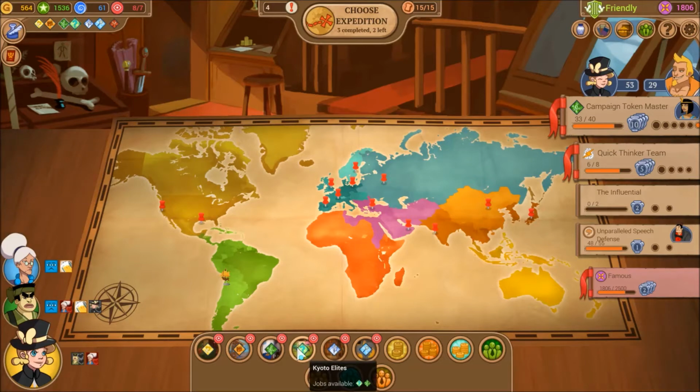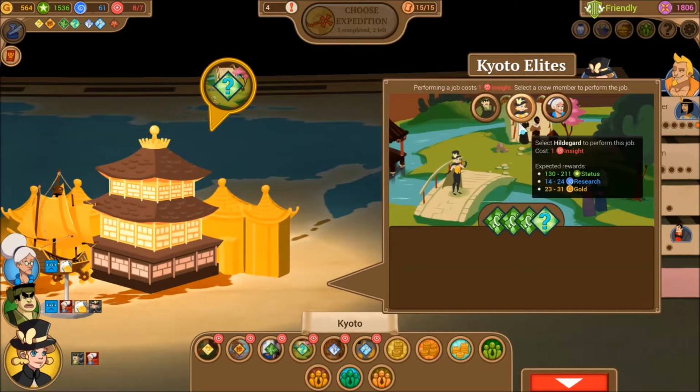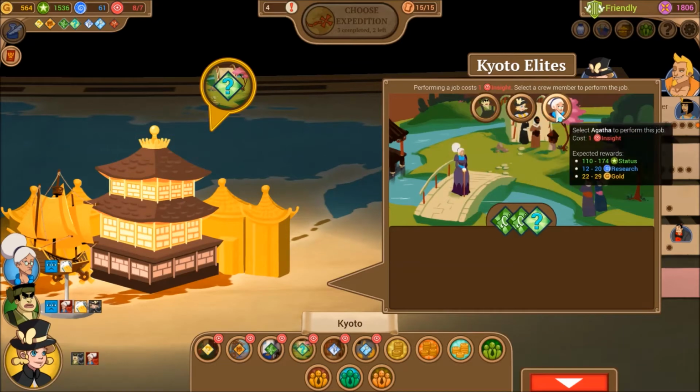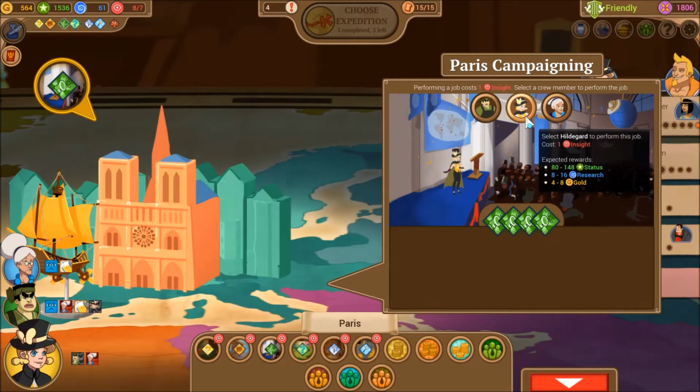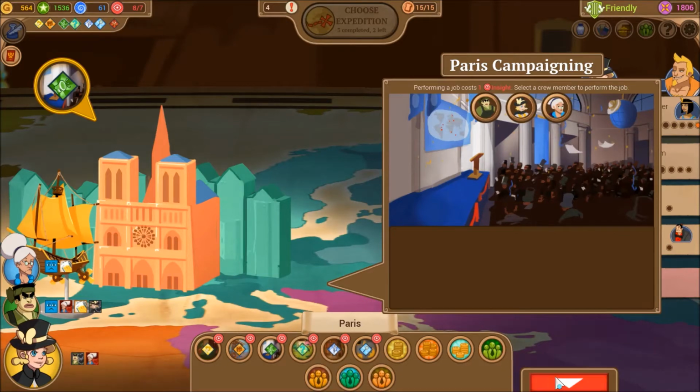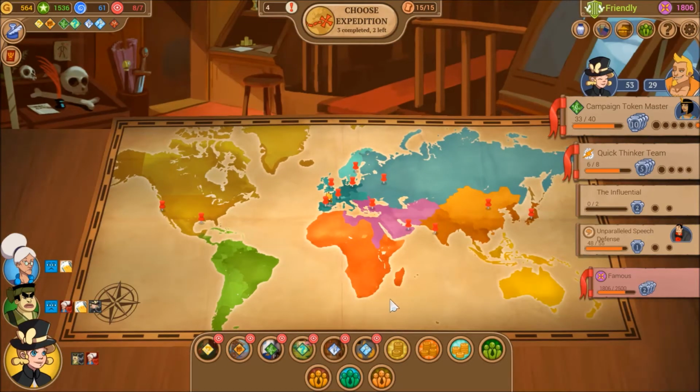Okay, here are new jobs in Asia. Kyoto, Chinese Pagoda, or Bombay Harbor. So for Kyoto, for instance, gives 3 campaign and 1 secret. Whereas just the campaign gives 4 campaign. So in this case, Kyoto is better. But before we do any of that, we talked about unlocking